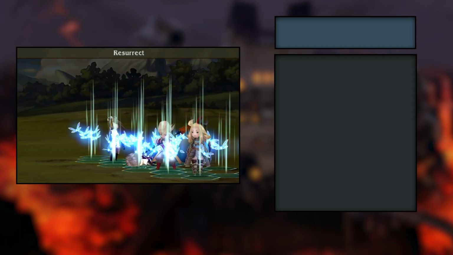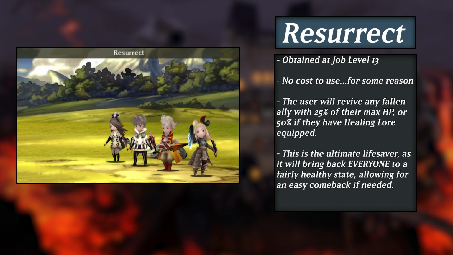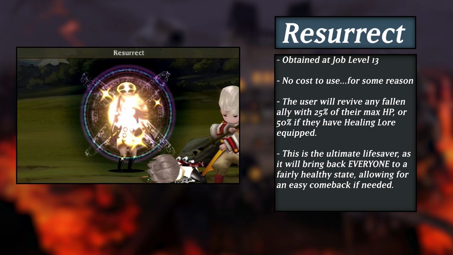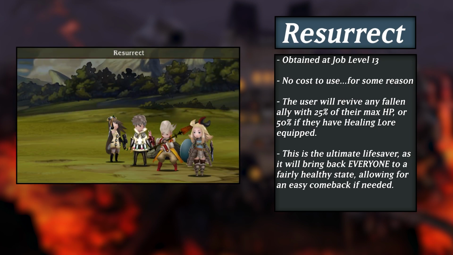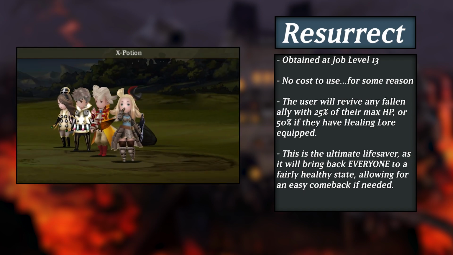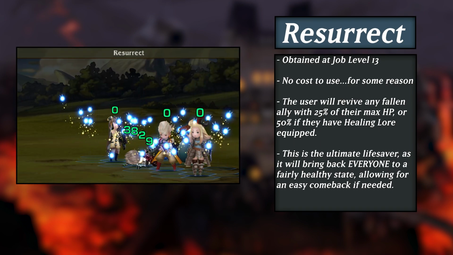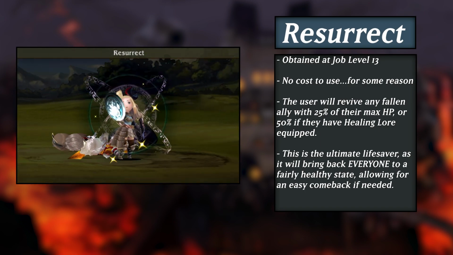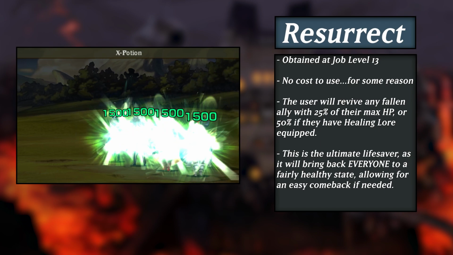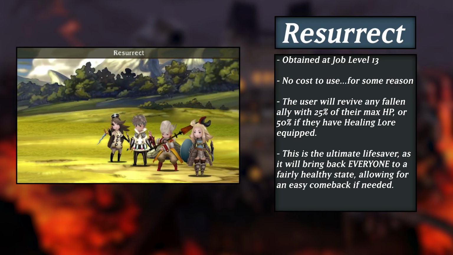Last up on the Salve Maker's combat abilities is Resurrect. Thankfully, this ability is very easy to understand. This ability will raise all party members who are KO'd with 25% of their HP, or 50% with Healing Lore. For absolutely no cost, you get a group cast raise. This is insanely powerful. As if Salve Maker needed any more utility, they get this awesome ability. Use this if you're ever in a pinch and need everyone alive instantly. And do note that Resurrect only works in combat, so don't rely on it if your team needs a patch-up